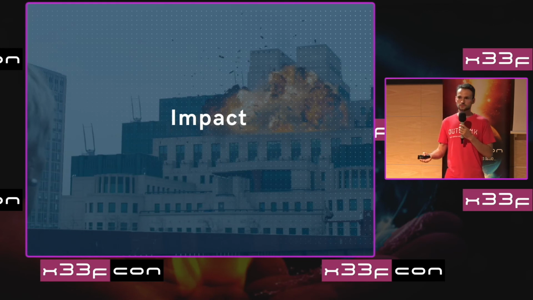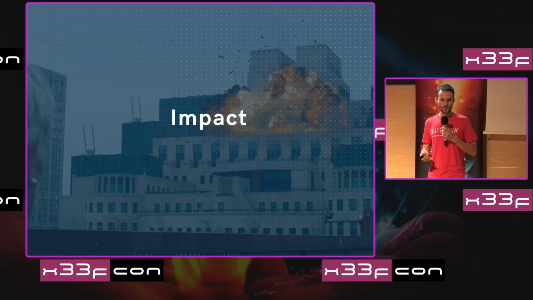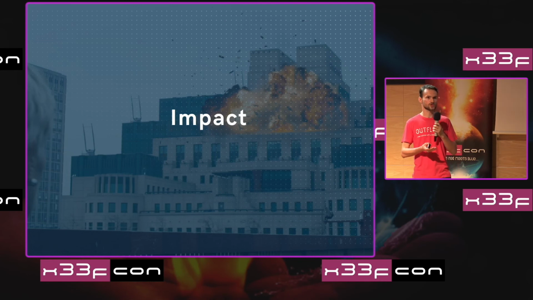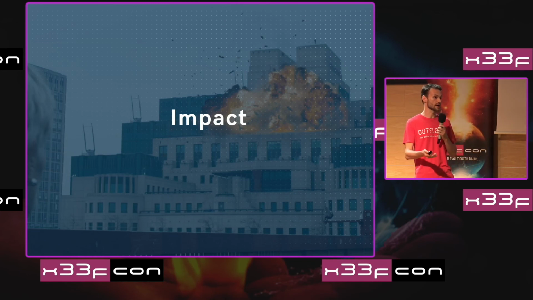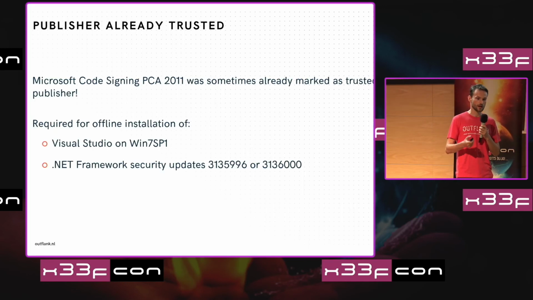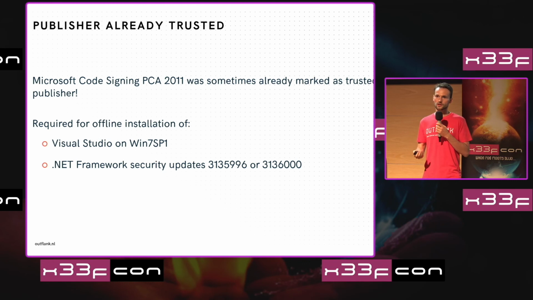And when we tried it, we noticed something strange. When testing our weaponized version during engagements, we noticed that the users of some of our clients did not receive any warning message or security notification at all, while they should have, according to the settings that we saw. And this is because the publisher that signed the Analysis ToolPak macro was already noted as trusted. And this was required in a few very weird,